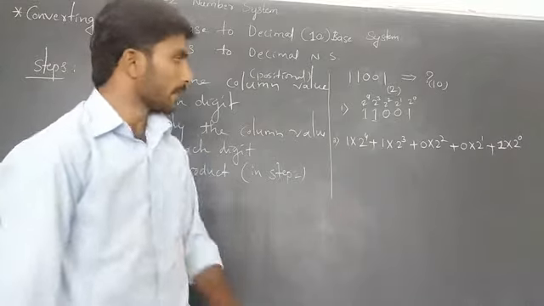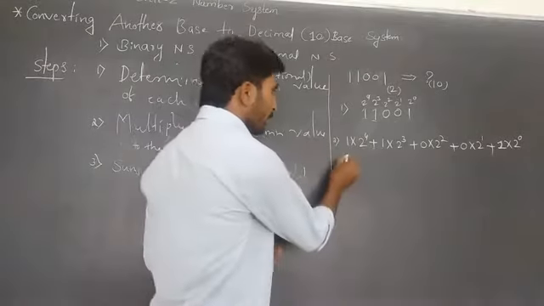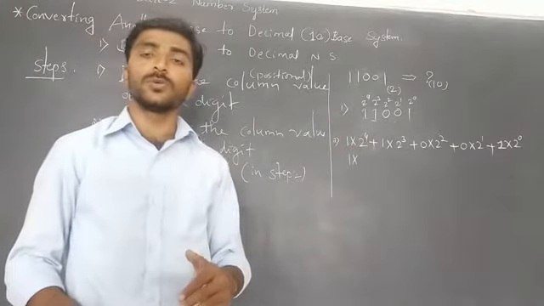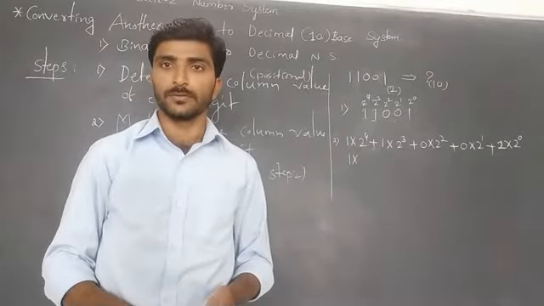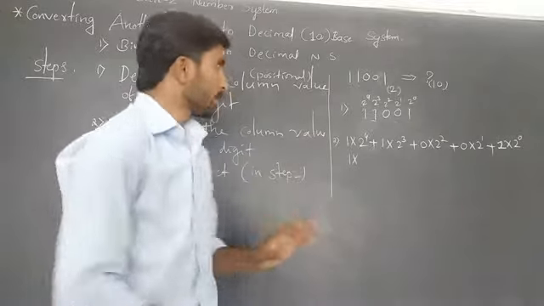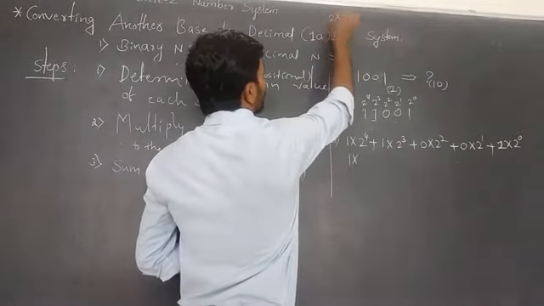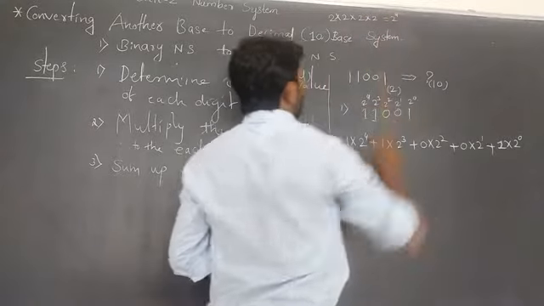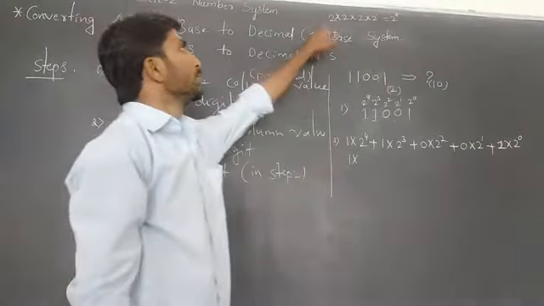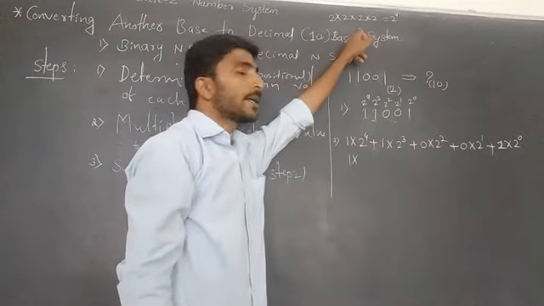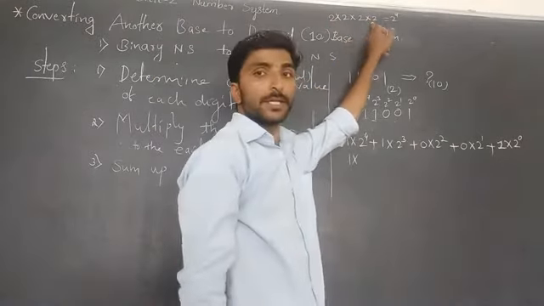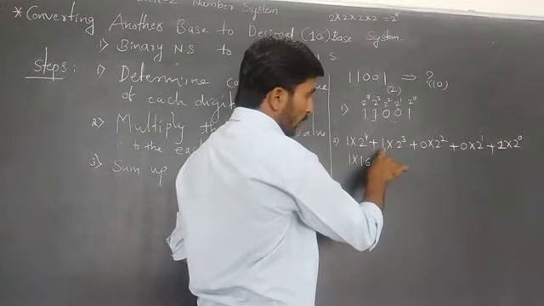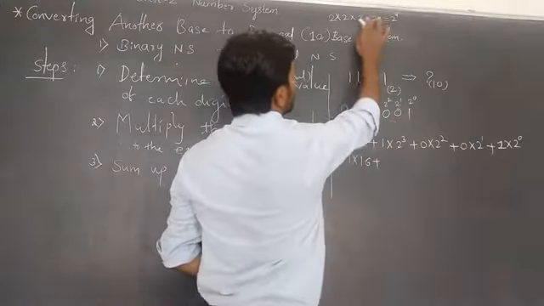Okay. Then after that, you know already, 1 into 2 raised to 4 means you have to multiply 2, 4 times. 4 times you have to multiply 2. That means like this: 2 into 2 into 2 into 2 is equal to 2 raised to 4. Right? 2 into 2, 4. 4 into 2, 8. 8 into 2, 16. Right? So 1 into 16 plus 1 into 2 raised to 3 is only this one.